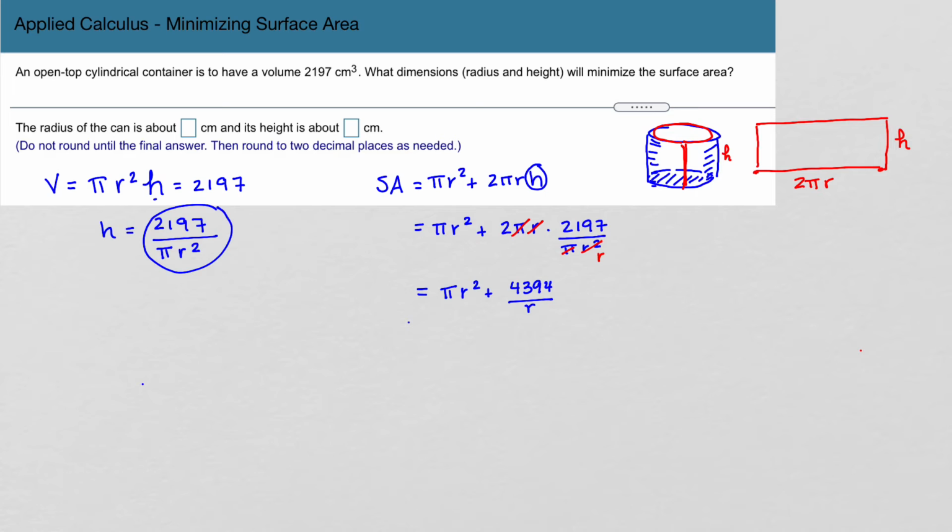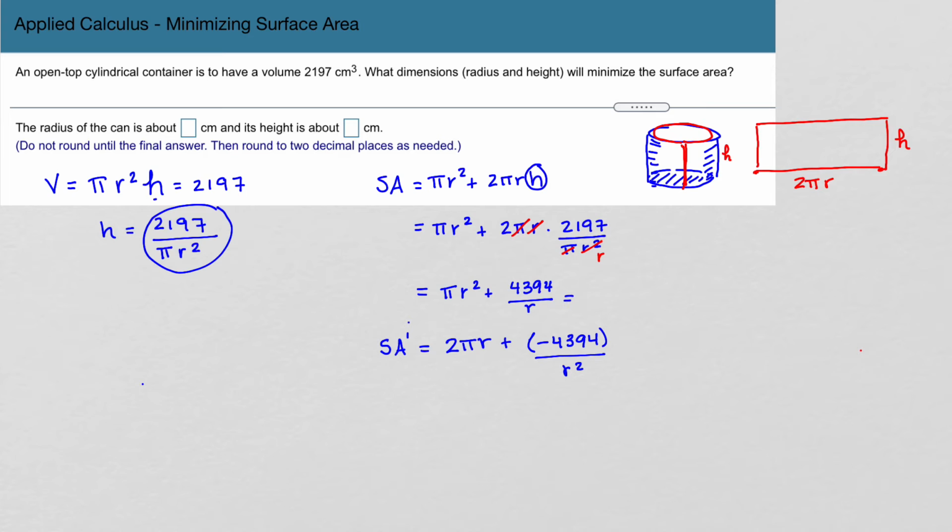Okay. So now I'm ready to minimize the surface area, and I'm going to do that by finding the derivative. So the derivative of pi r squared is 2 pi r, and the derivative of 4394 over r is going to be negative 4394 over r squared,